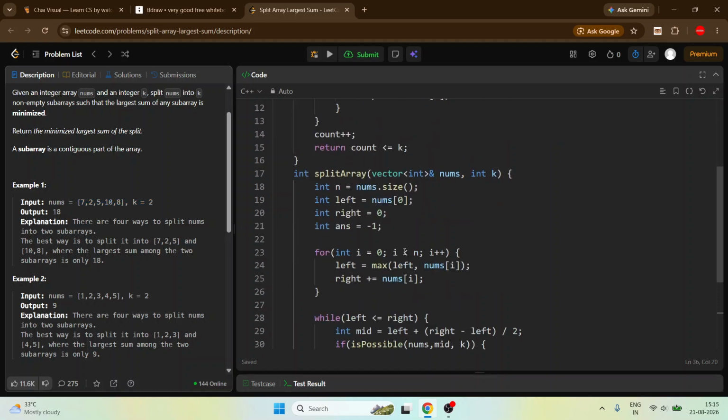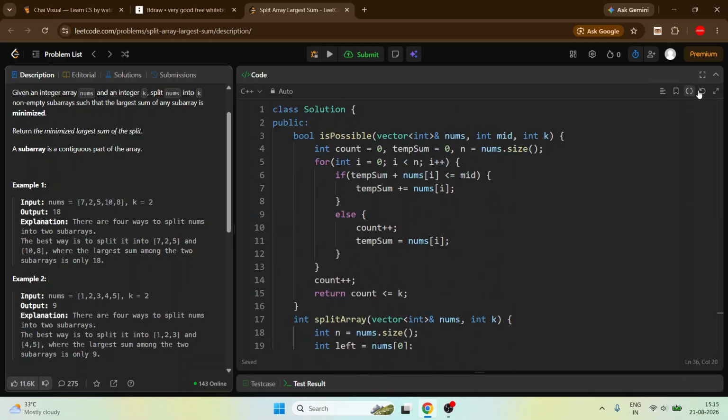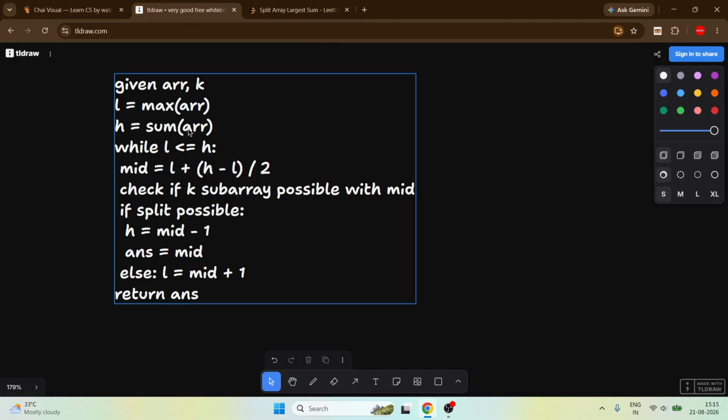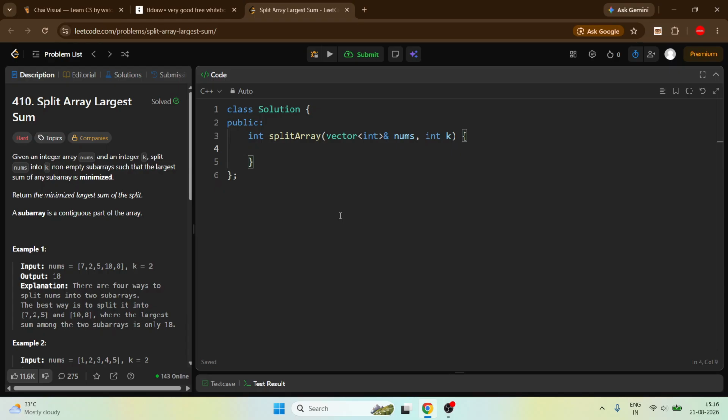Now let's, I already have this. Okay, let's write it again and explain it while writing also. So what we are taking here: first we are taking the maximum of the array and the sum. Okay, so first take the size, nums dot size, then